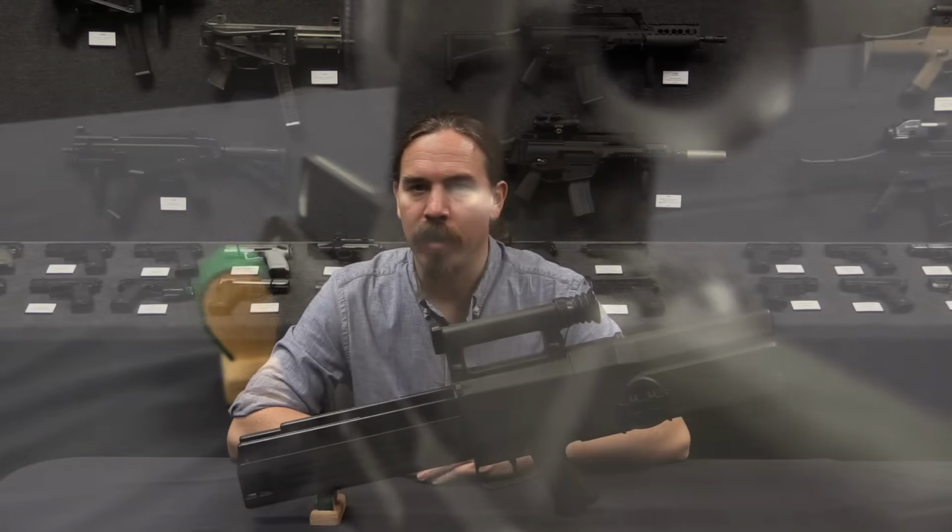So the German government was basically ready to approve this. And in fact, in March of 1990, they did formally certify it as acceptable and good to go for the German military. The plan was to get it into production, and they were going to outfit the entire Bundeswehr with the G11 K2. Now, let's pull this apart, and maybe it wasn't such a bad thing for everyone that this didn't go